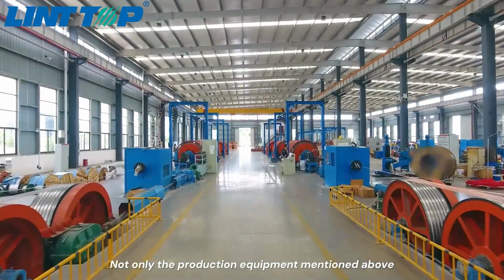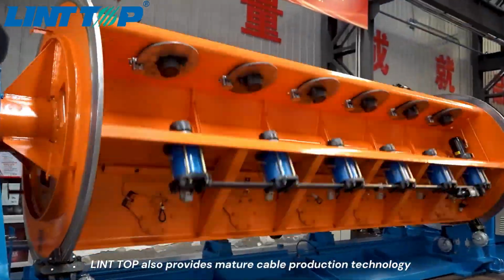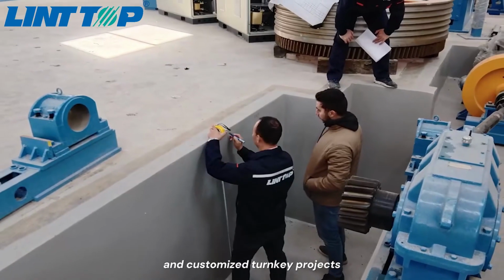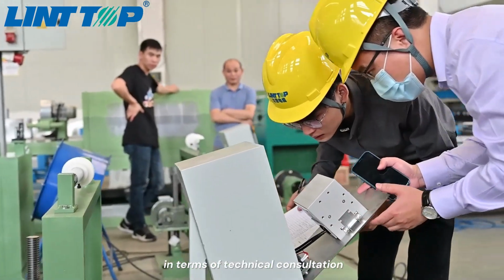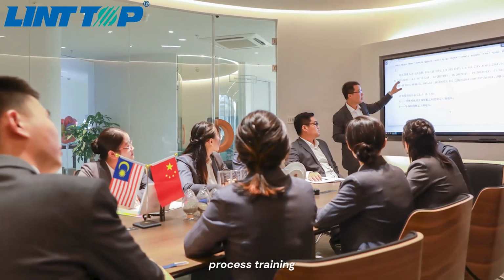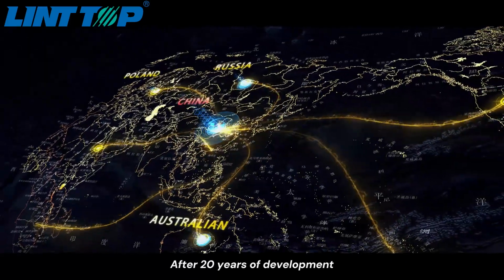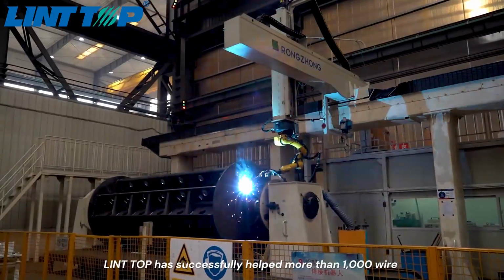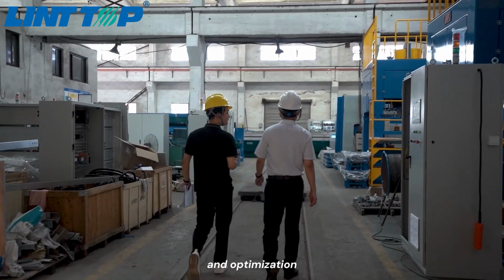Not only the production equipment mentioned above, LINTTOP also provides mature cable production technology and customized turnkey projects. We provide comprehensive services in terms of technical consultation, equipment configuration, process training, and after-sales maintenance. After 20 years of development, LINTTOP has successfully helped more than 1,000 wire and cable manufacturers complete equipment configuration and